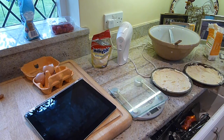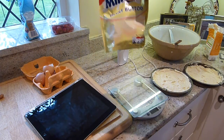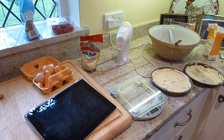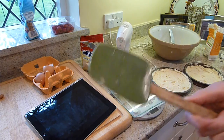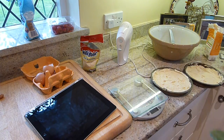Okay team, you probably spotted my cunning time travelling trick. Basically what happened was the camera went to sleep, which is not okay, you can't do that on the job. So to fill you in on what happened while we were away, I added 30 grams more of these, so in total you have 150 grams, and as you just saw, bung them into the bowl. Then I got very excited about a spoon, but basically we have this wonderful silicone spoon that is very good for scraping round. So you scrape round